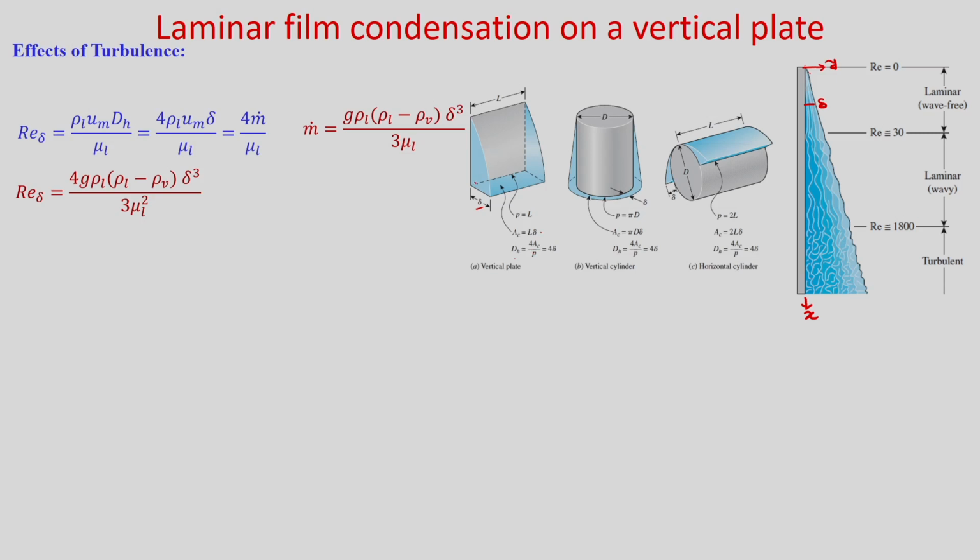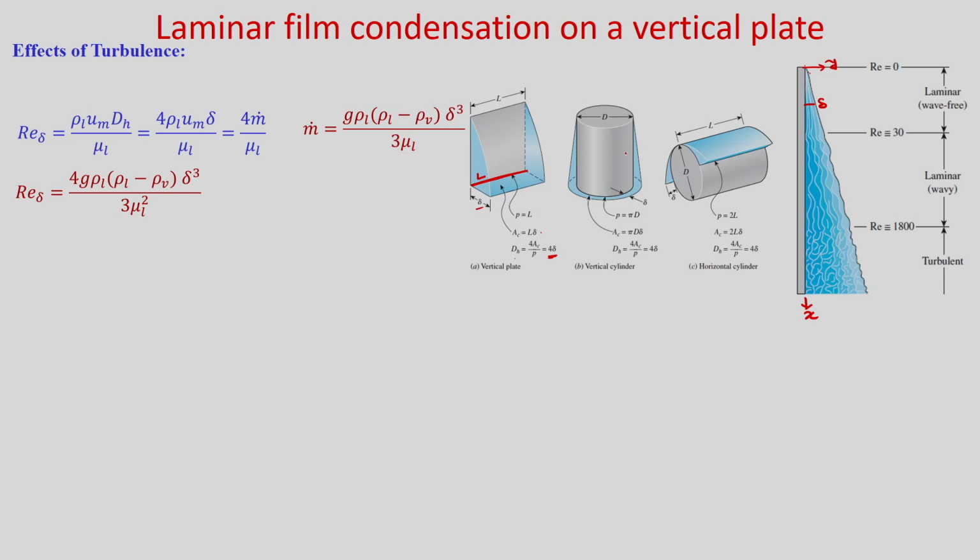So, at this particular position, this is your L and this is your perimeter. In this case this is your perimeter, and at this place your flow cross sectional area is L into delta. So, the place where heat transfer is taking place is your perimeter, and in this particular case at any location that is L. Okay. So, DH will be 4 AC by P. So, here it will be 4 delta.